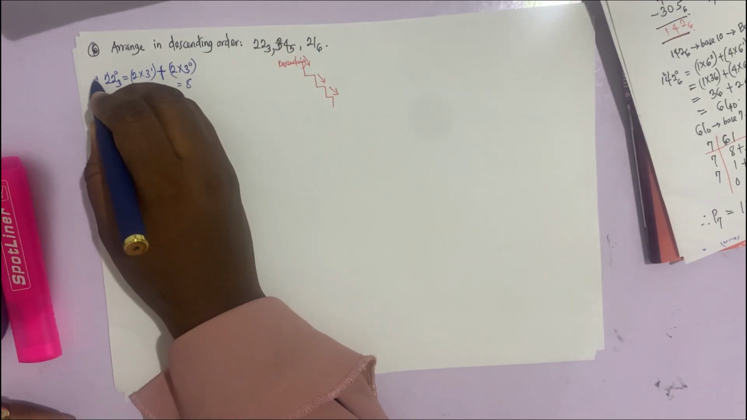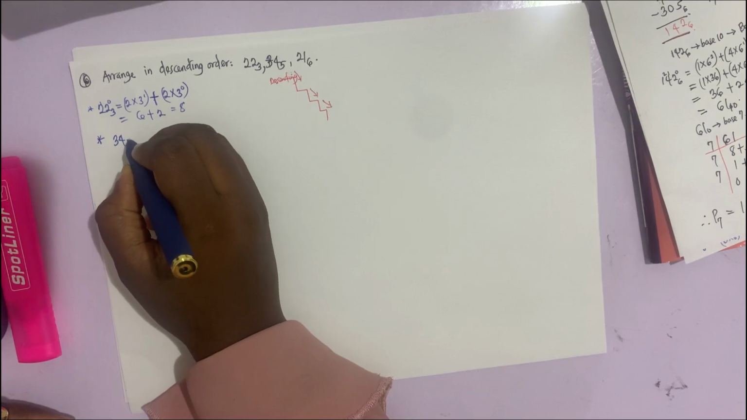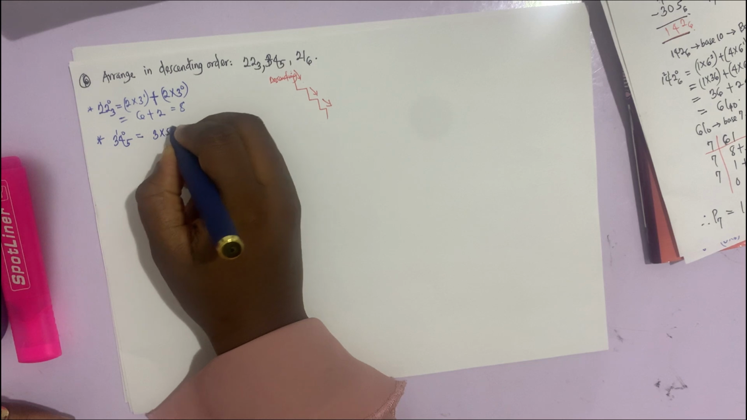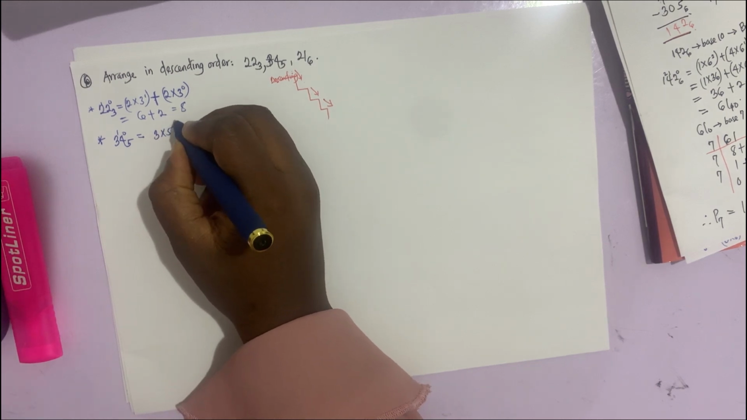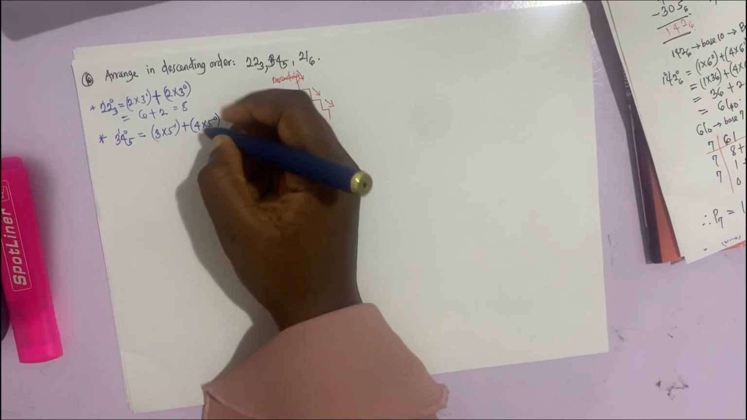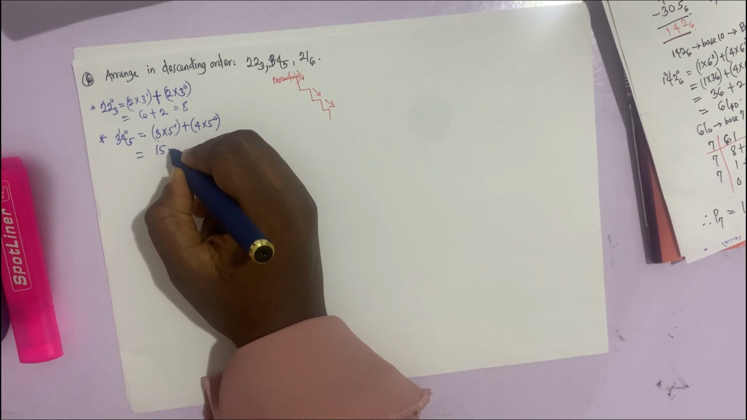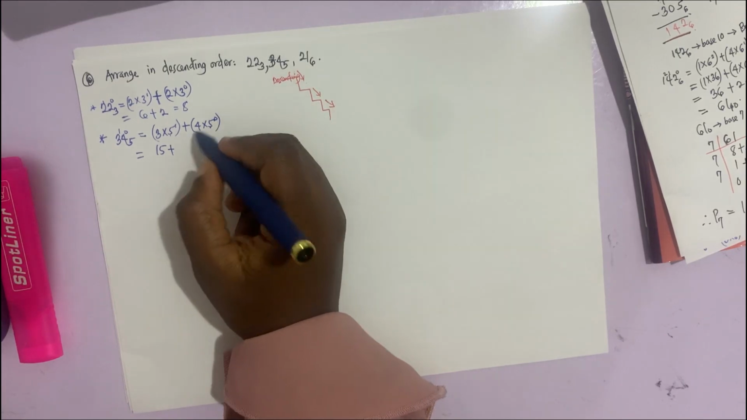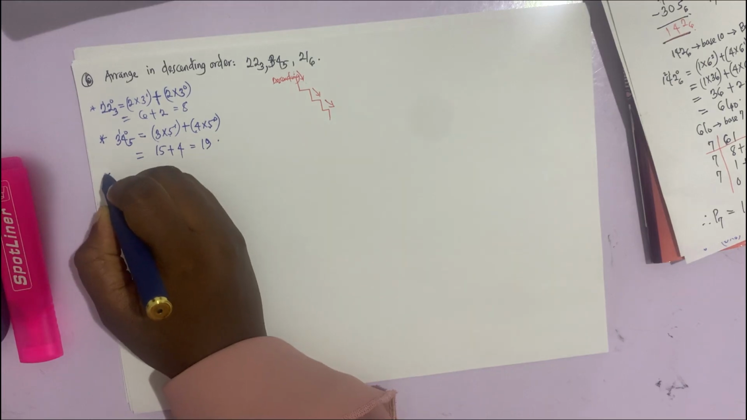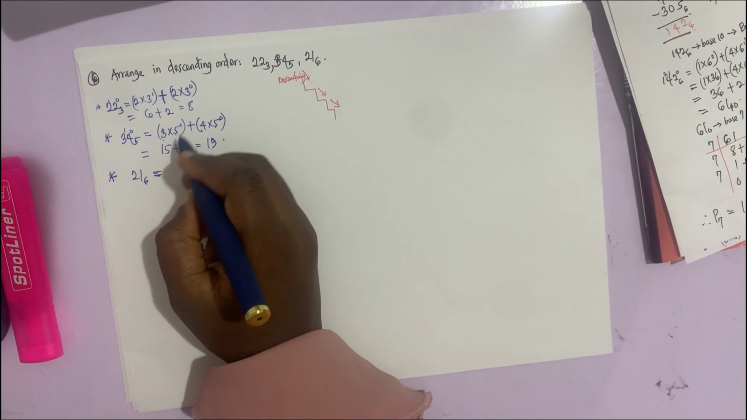And we pick the next one, 34 base 5, which is 3 times 5 raised to power 1, plus 4 times 5 raised to power 0. So 5 raised to power 1 is 5, 5 times 3 is 15, 5 raised to power 0 is 1, 1 times 4 is 4, this is 19. And finally we have 21 base 6, and that would give us